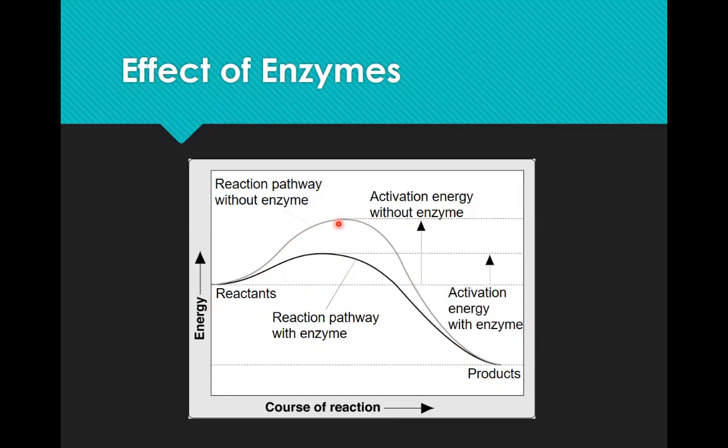However, when we put the enzyme into the area where the chemical reaction is occurring, notice what happens. We still require activation energy, but in this case, it's about half as much as you would need for the same chemical reaction without the enzyme. The starting energy for the reactants and the ending position for the products is the same. Those parts do not change. You still start at the same place, end at the same place, but notice that your energy requirements for that activation energy are cut in almost half. This is the impact of an enzyme.